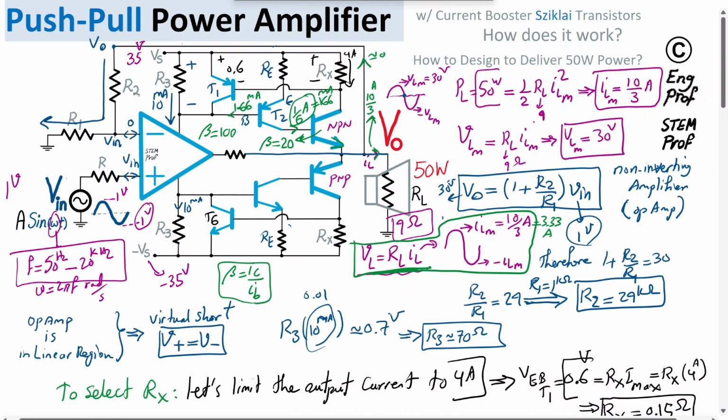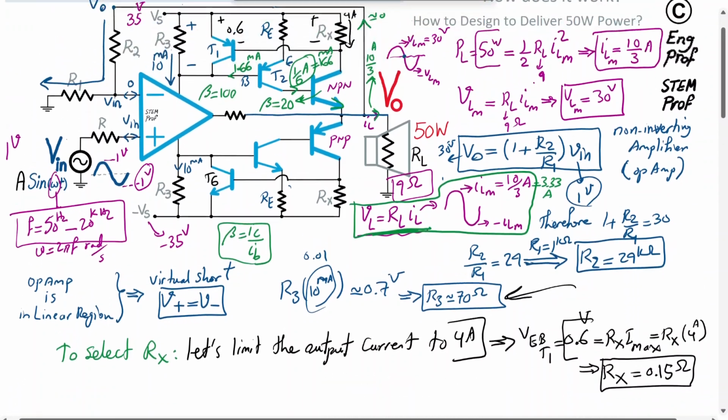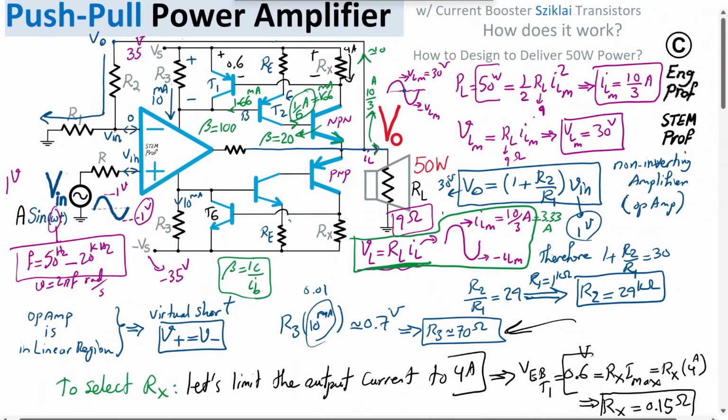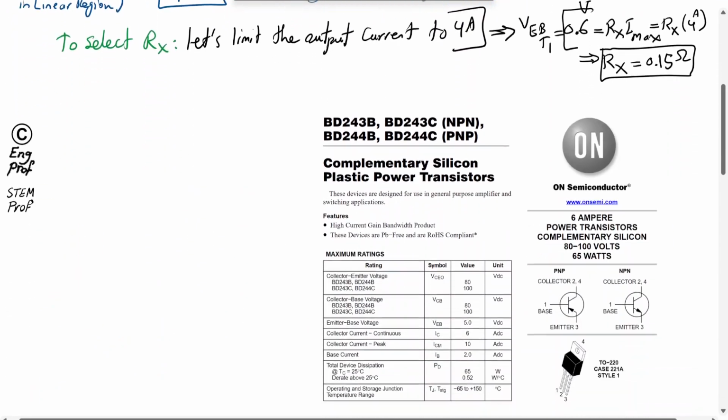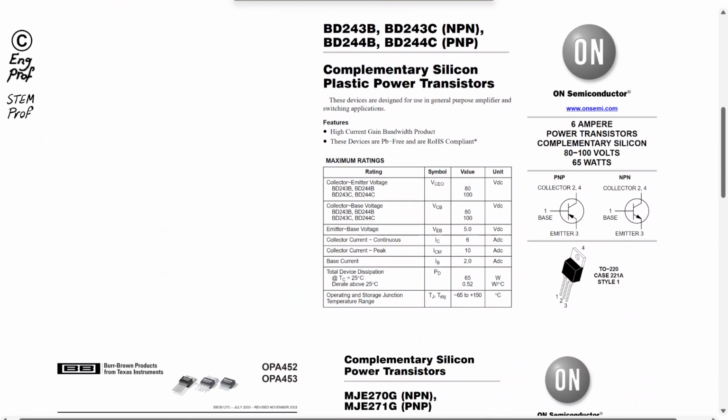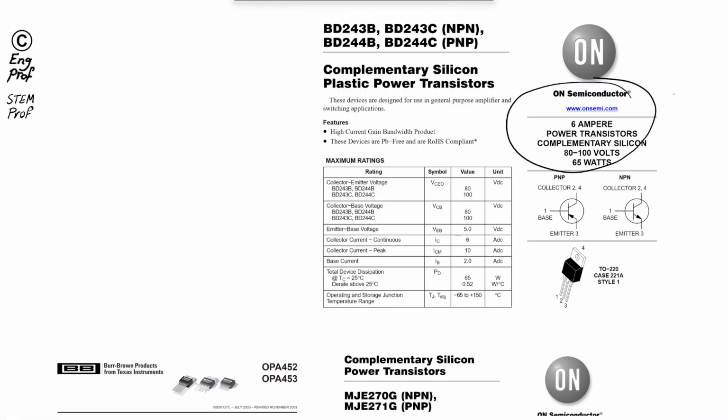Okay, so we talked about the value of R3, Rx, and Re. The only thing that remains to be discussed is the potential choices for the transistors, especially power transistors, and also the op-amp. For the power transistor, there are many options, of course. One example is from onsemi, or ON Semiconductor, and you can see that the